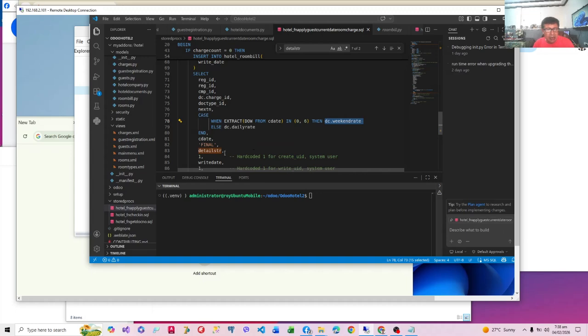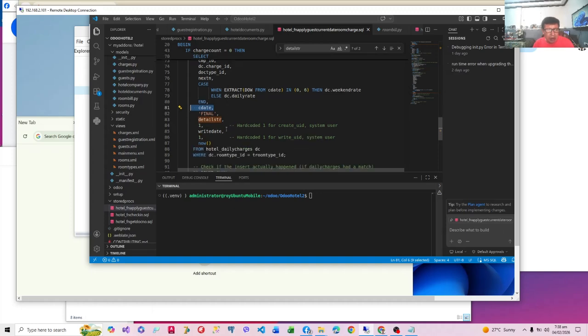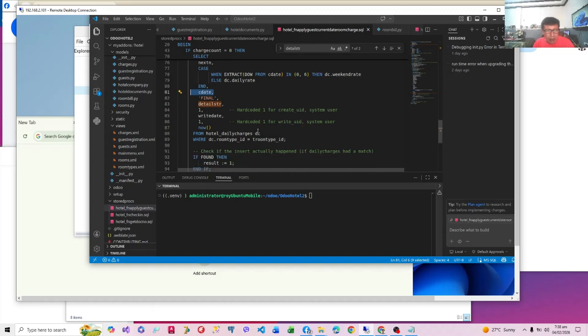Okay? And then the status should be final right away, and the date should be CDate. Now the user ID is 1 because that's the system user in Odoo, and then the write date, which we have determined to be the current date, and then also now is the create date. Okay, from hotel daily charges.